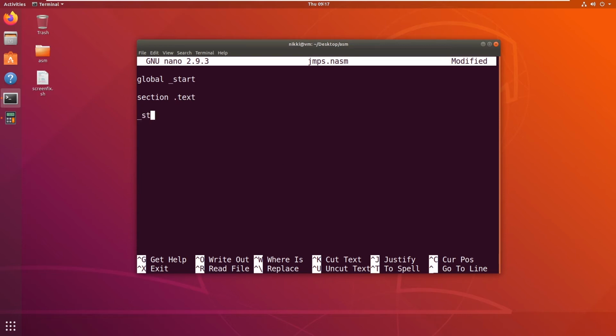Now let's start our start function. Now what I'm going to do is move EAX comma 30 and move EBX comma 20.